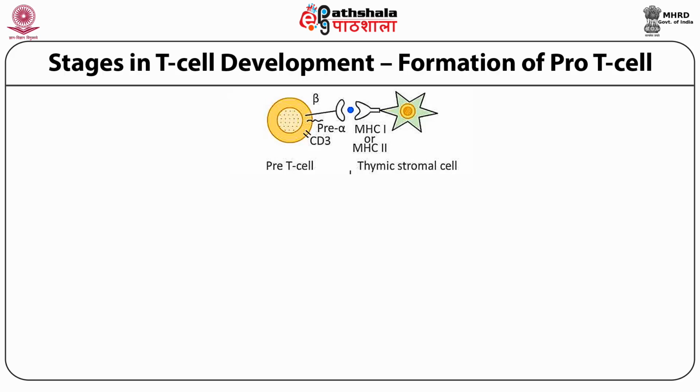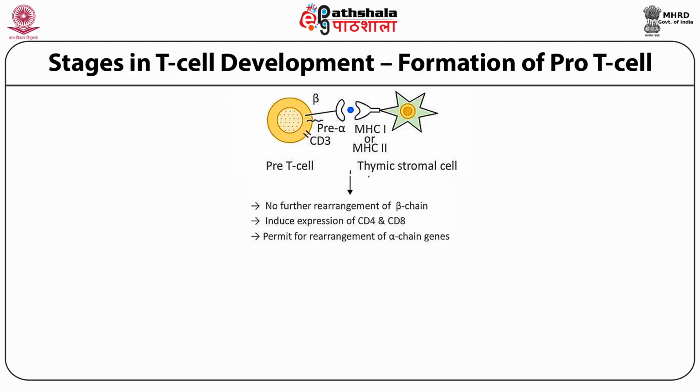This signaling results in no further rearrangement of the beta chain. It helps in increased expression of CD4 and CD8 co-receptors. It also makes the cell permissive for rearrangement of alpha chain genes, and the pre-T cell proliferates